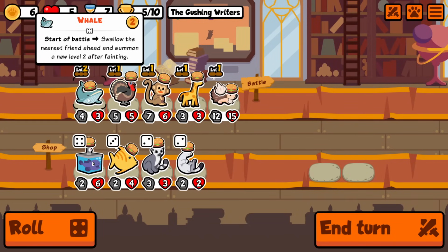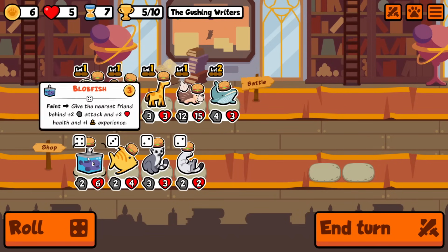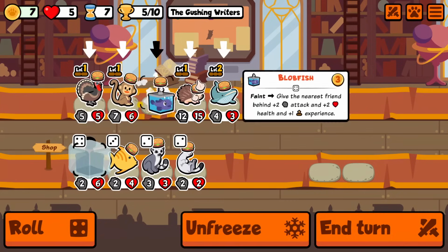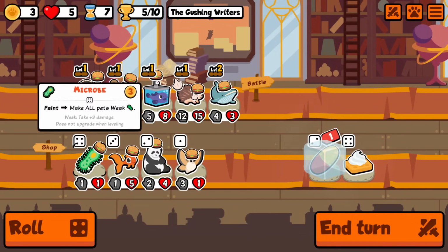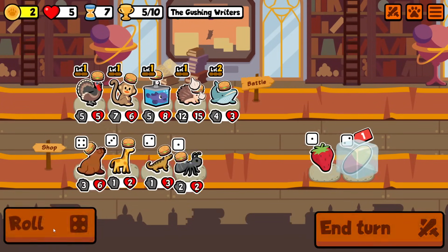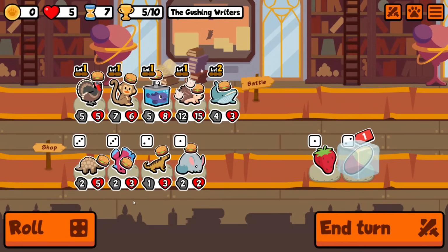I kind of wouldn't mind doing one where whale either swallowed the Hedgehog and then the Hedgehog had mushrooms so the Egyptian Vulture could still activate it, although that would mean that it came back as a 1-1. But I also thought about whale microbe, and you can see here I do freeze. Oh, well, I almost freeze the microbe and then decide to change my mind because